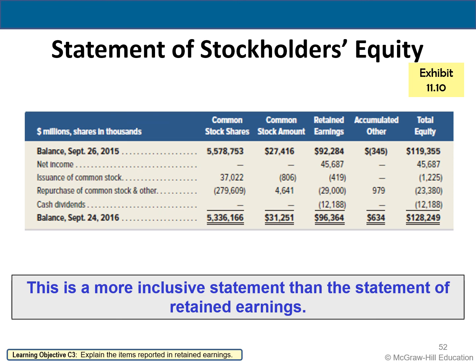What this does is tell you the change in the various components of equity in a more detailed format. So you'll have your common stock, your retained earnings, your accumulated other, and then total equity. It'll take each of those sections and break it down into the beginning balance, plus or minus all of the activity that then gets you to the ending balance. Okay.